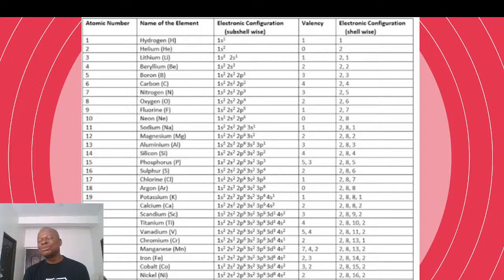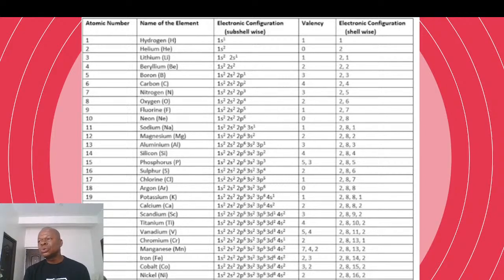The symbol for sodium is Na and not Ne. I want you to note that one down. It's Na and not Ne. If you were to look at the electronic configuration of that sodium there, you're going to see